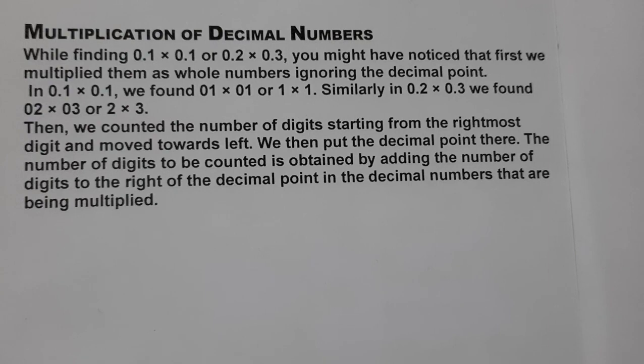So, in the series of fractions and decimals, in the last class, we have studied decimal numbers. What are decimal numbers? Ones, tens, hundreds, thousands, 10,000, then tenths, 1 by 10, hundredths, 1 by 100, thousandths, 1 by 1,000, 10,000, 1 by 10,000, and so on. And we have studied how to compare decimals, and how to express rupees, kilograms, centimeters in rupees, or in meters, or in kilometers, or in kilograms. All that you have studied in the previous class. Also, you have studied how to write decimal numbers in expanded form.